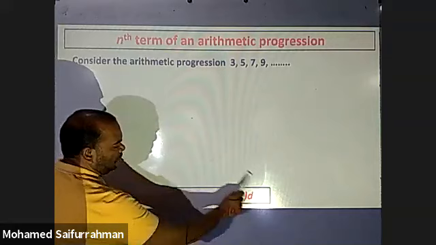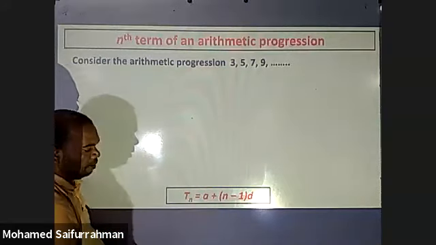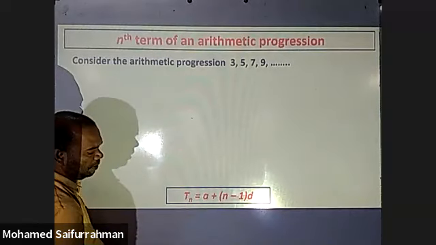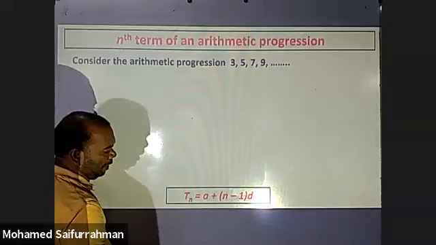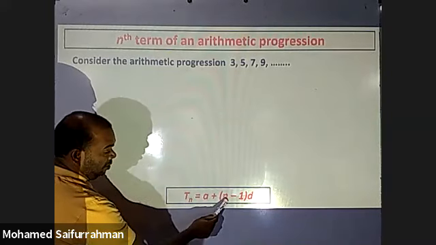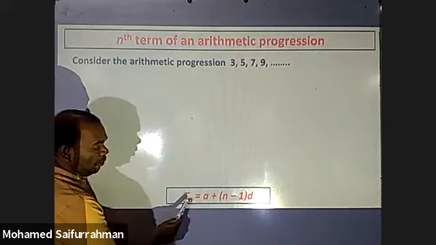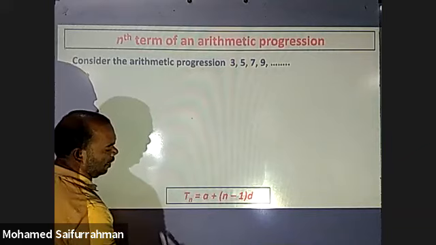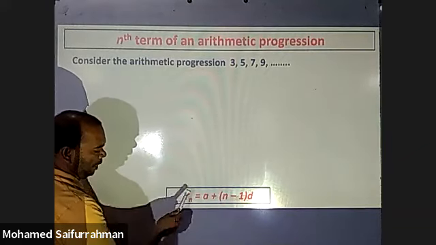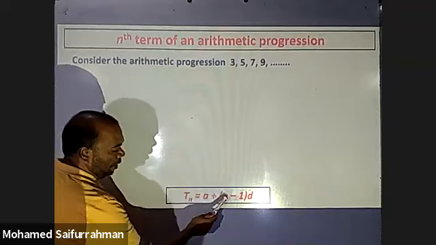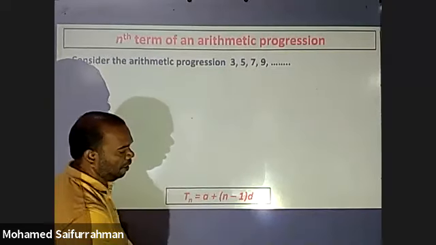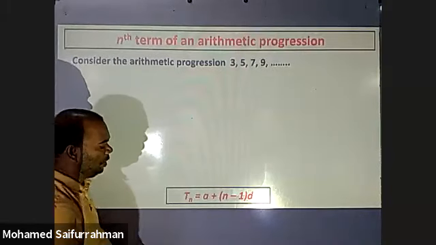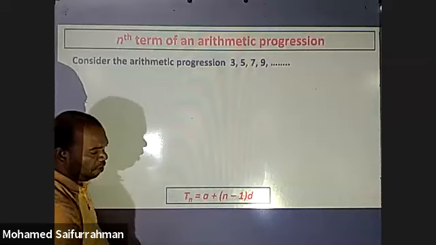So this equation is built up of 4 specific terms. The questions related to this equation can be finding D, finding n, finding A, or finding T. So out of the 4, the questions can be in any form: finding the term, or finding the first term, the number of terms, or the common difference. Let's go solve all the problems related to this equation and how to use it for solving arithmetic progression problems.